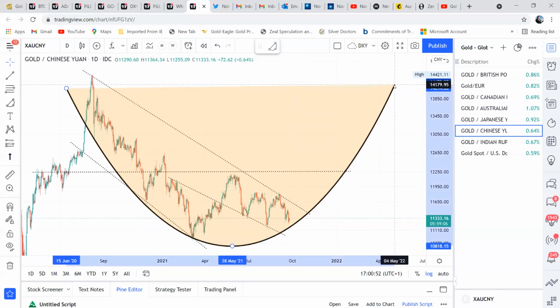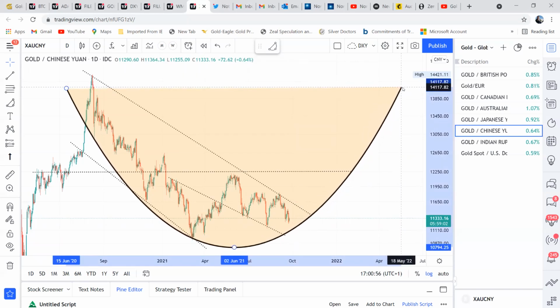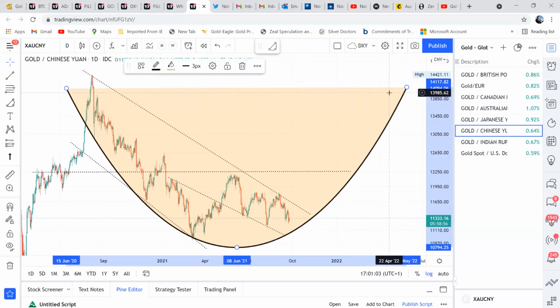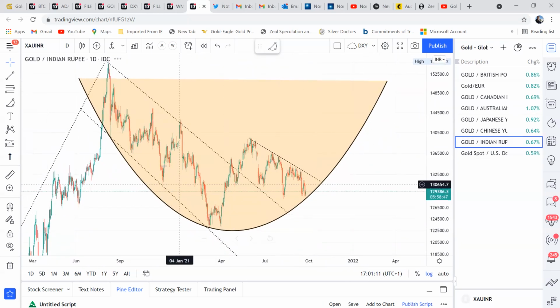Again, you could argue that the arc comes in here and we've already seen the low, but I'm not going to guarantee that. I'm kind of stretching it to its maximum extent just to be cautious. And so that would guide us up to its target in March or April probably of next year. Gold in Indian rupees, another arc with touch points on the entry, and just here after we sort of rose rapidly